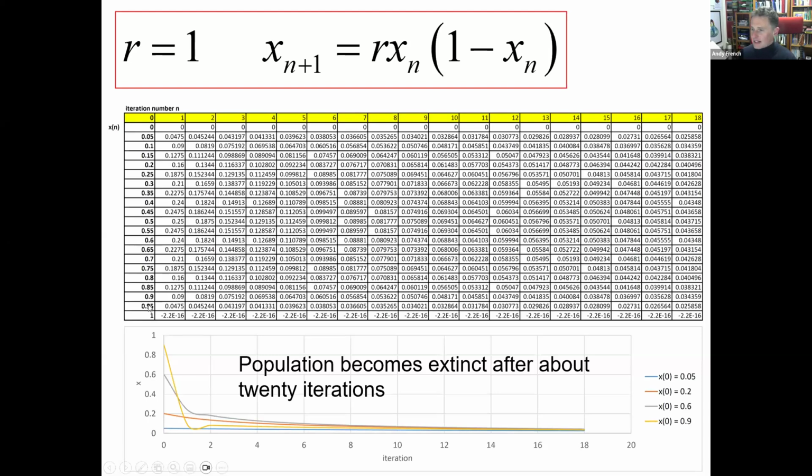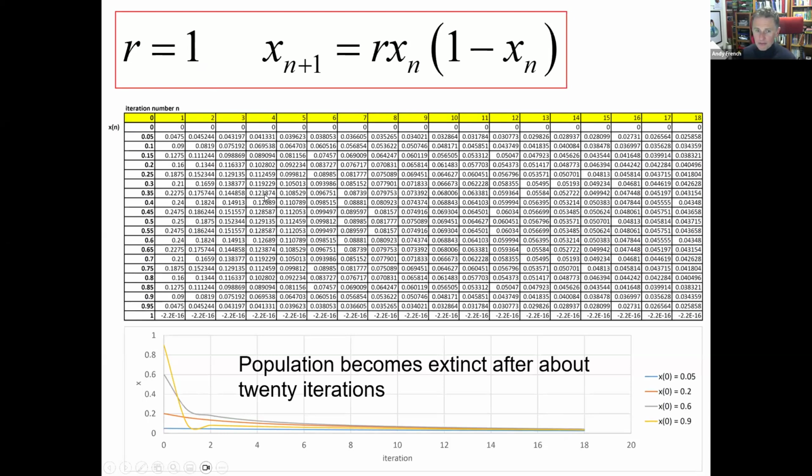Well, unfortunately, this is not a nice story. So when r equals 1, basically the bunnies always die, sadly. So after 18 iterations, we're down to a very small population. And what I've done is I've plotted all of these on a graph. So even when x starts at a high level, it kind of wiggles a bit and ends up at something like 0. So between 0 and 1, that's quite sad, unfortunately.